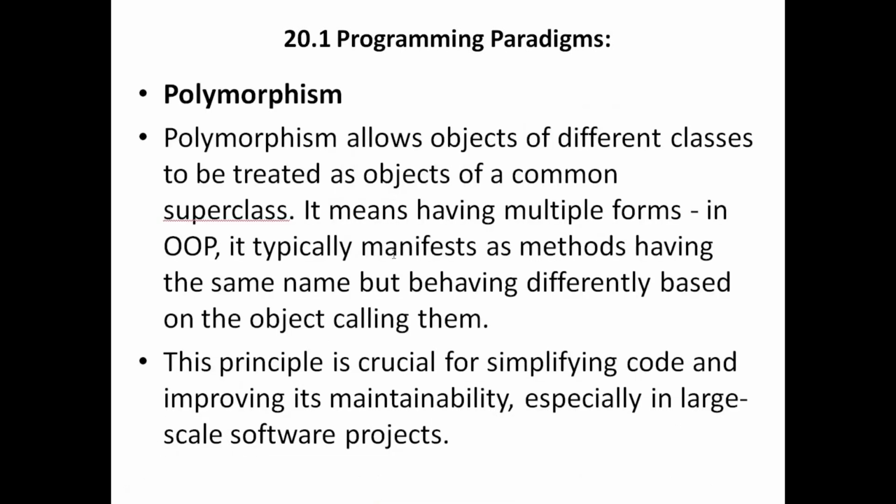Then we have polymorphism. Polymorphism allows objects of different classes to be treated as objects of a common superclass. It means having multiple forms. Polymorphism as a word means having multiple forms. In object-oriented programming, it typically manifests as methods having the same name but behaving differently based on the object calling